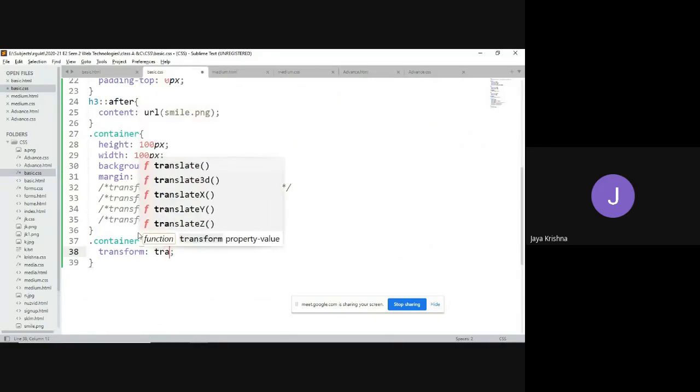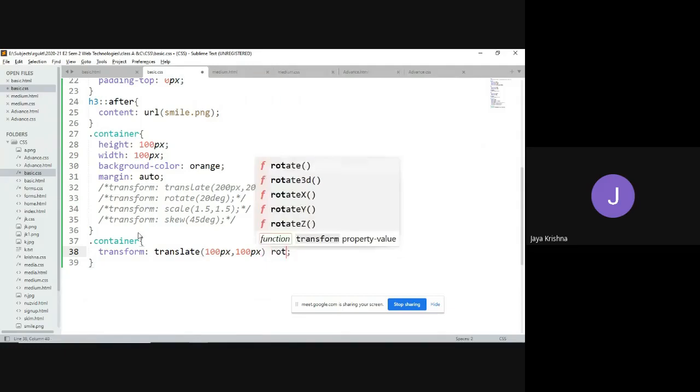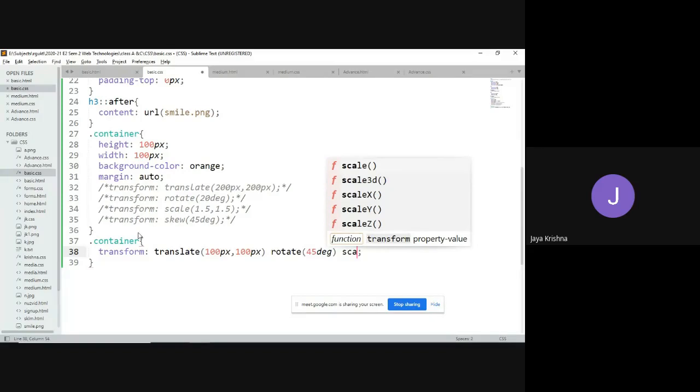For example, translate over 100 pixels on the x-axis as well as 100 pixels on the y-axis, rotate it for 45 degrees, and increase the size 2 times, both horizontally as well as vertically.